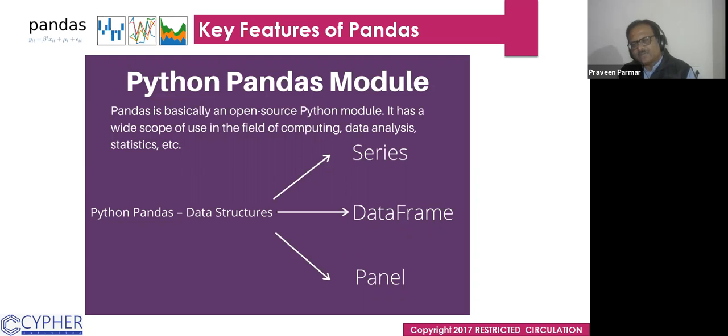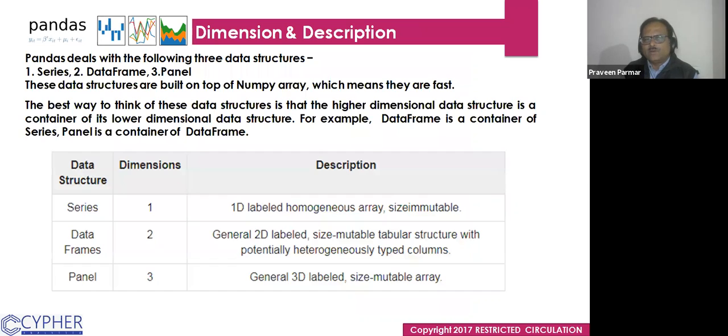But here in Pandas, we have three data types or data structures. We could say series, data frame, and panel. So series is one dimensional, data frame is two dimensional, and panel is three dimensional data sets. Got it? So we will work only with two. I will explain all three.